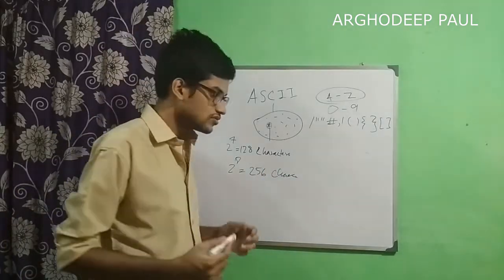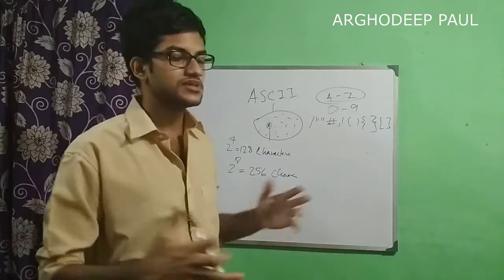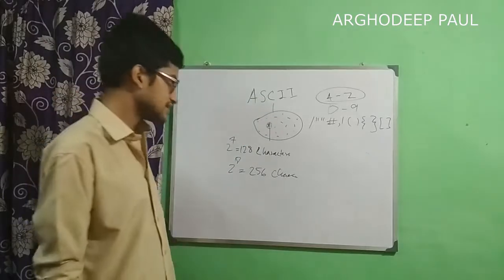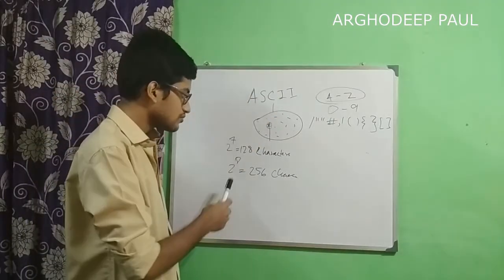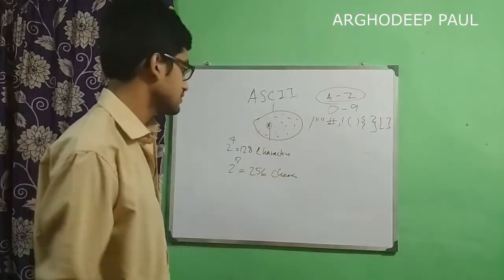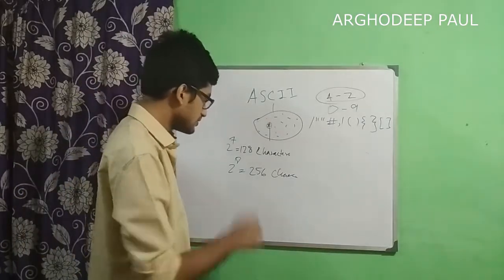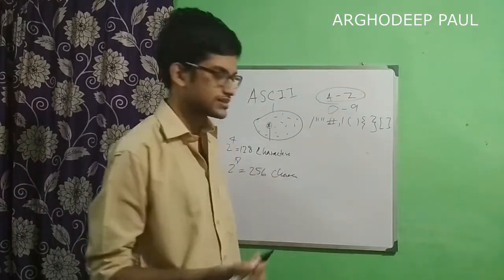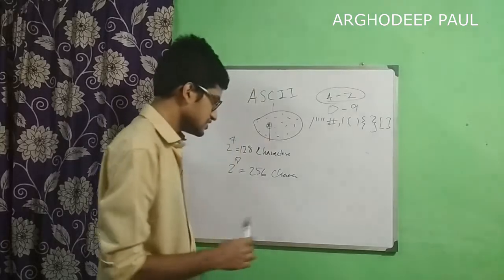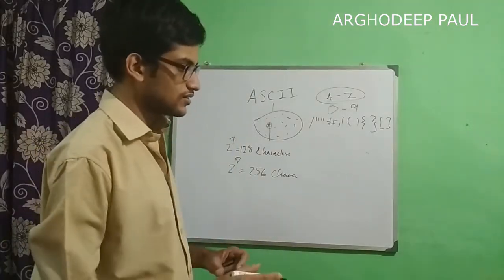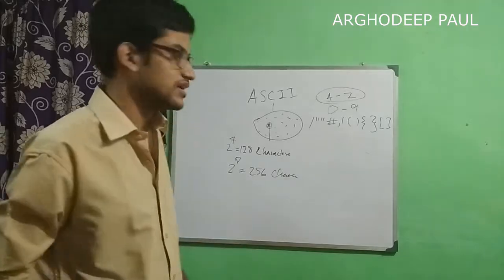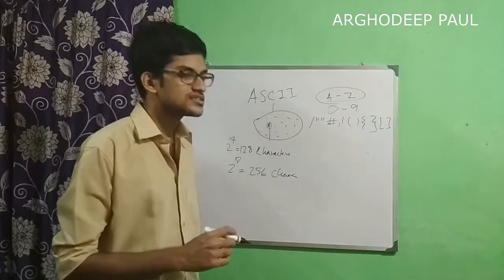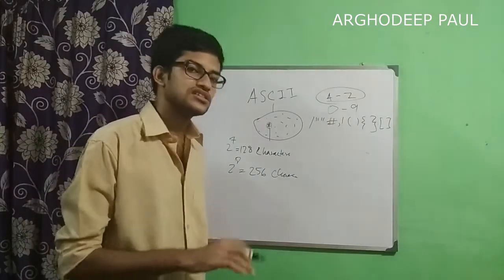So if we do not consider the data transmission, the telecommunication part or communication part, then we can definitely extend this ASCII just by adding one more bit to the 7. If I do 7 plus 1, it means I had to use only 7 bits to express any character. The extra 0 was the parity bit, making it a total of 8 bits. So rather than using that parity bit, if I just use another bit that could be 0 or 1,